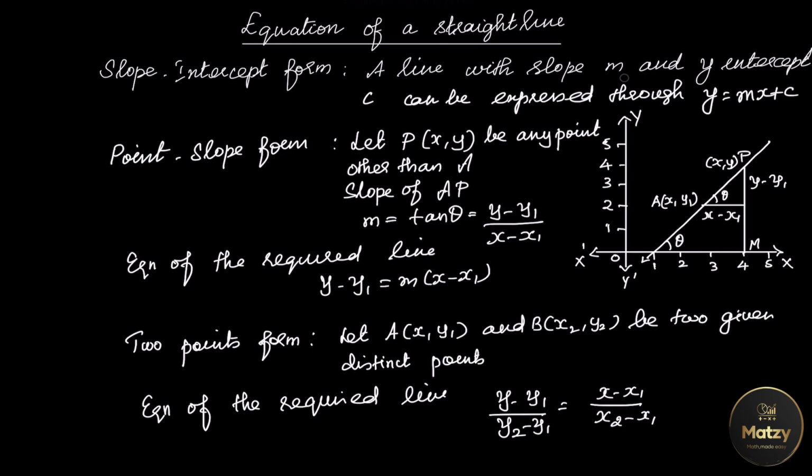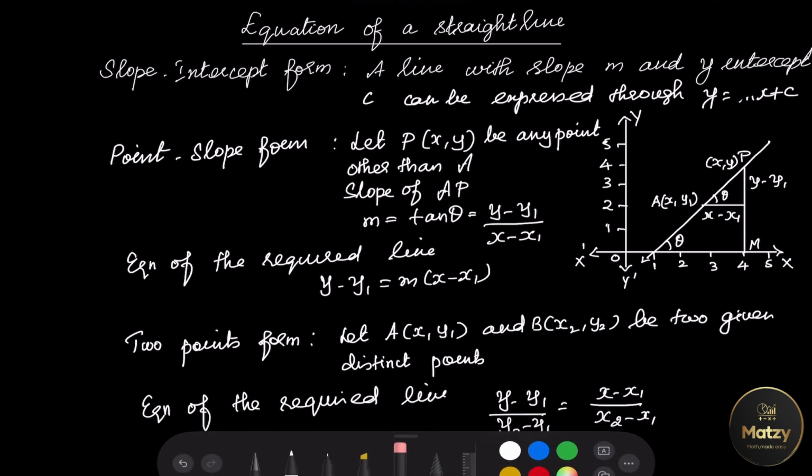Slope we used to represent it by m. Okay, y-intercept is c. What is y-intercept? When x value is 0, the value of y is y-intercept. That is only c. So, if slope and y-intercept c are given, we have the formula y is equal to mx plus c, it gives the equation of a straight line. Okay, next one,